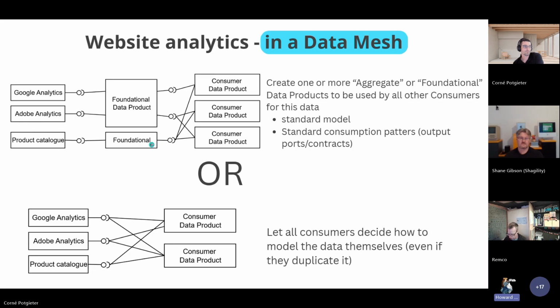Okay, so I think what you are saying is if I need to access that data from another data product, let's say it's got 3 tables, if I need to access one of the tables, then I should go through the other foundational data product to get access to it, not directly to the table that's seen in the bottom area here. Like I've got 2 data products going to the same API.